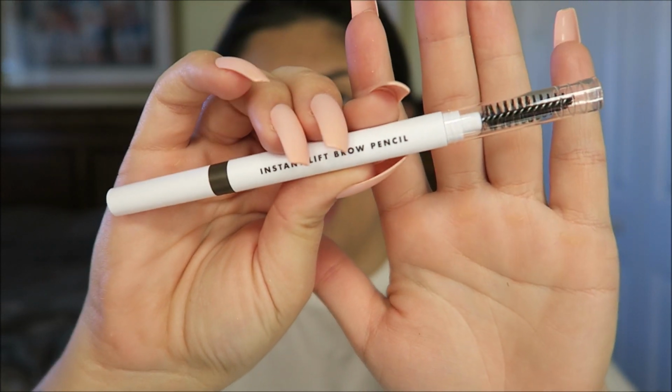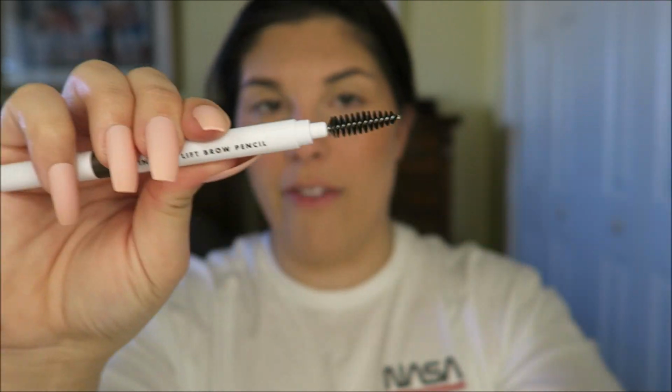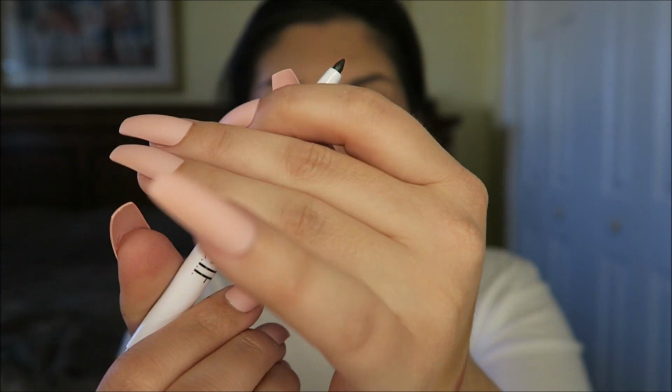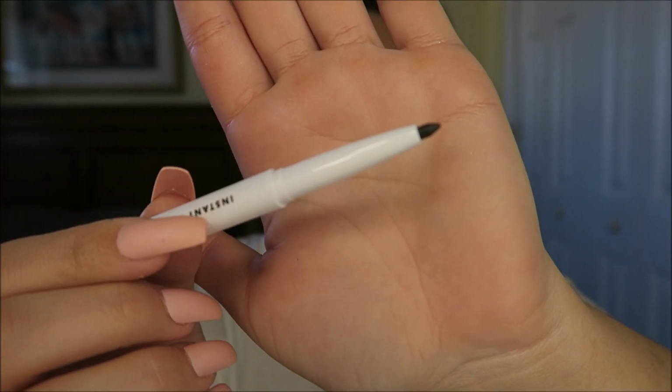I do like that it has a spoolie on one side. You guys know how I feel about that. Looks like a pretty solid spoolie. And then this is what it looks like. Oh, it's pretty chunky. I definitely do not think this is the one that Amanda uses. I do not think hers is that chunky looking, so